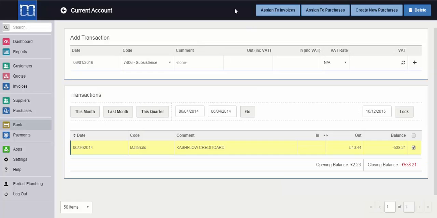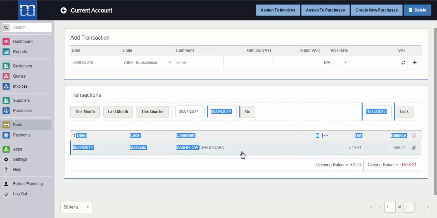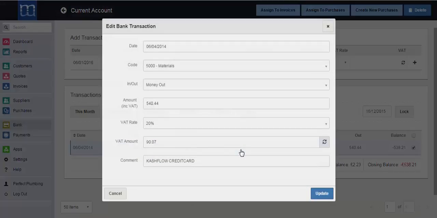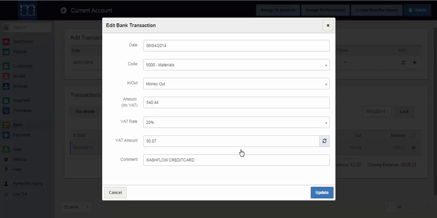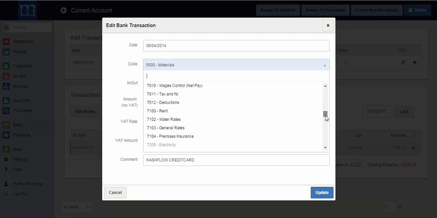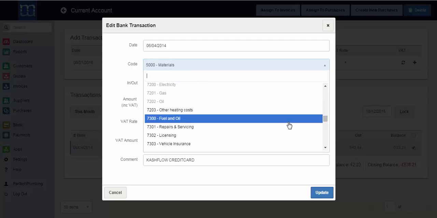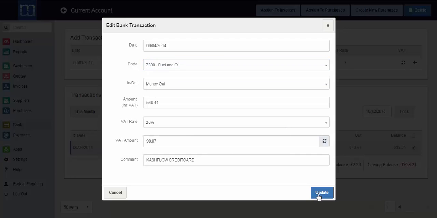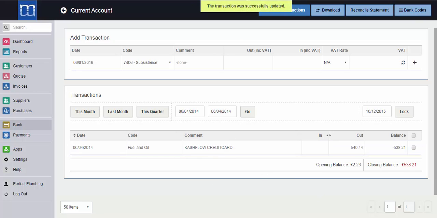If you click on the pencil icon, that will just open up a new window and it'll drill down into the bank account and highlight that transaction. You can then just click into that and then make any amendments you need to. Let's say that was posted against the wrong code in here, so I can say actually it should have been fuel and oil. Click update, that will change the transaction,